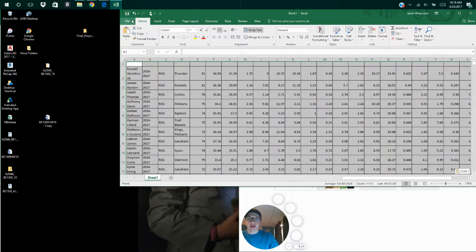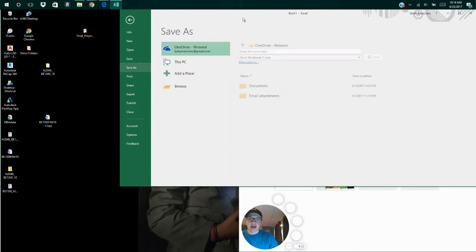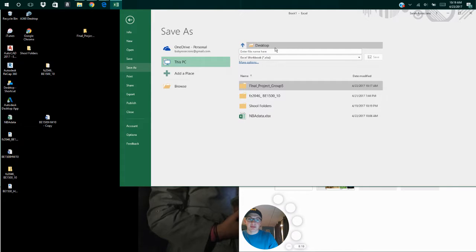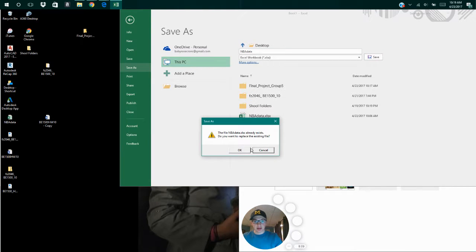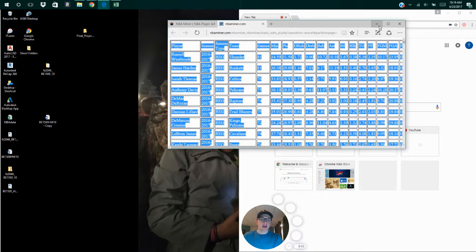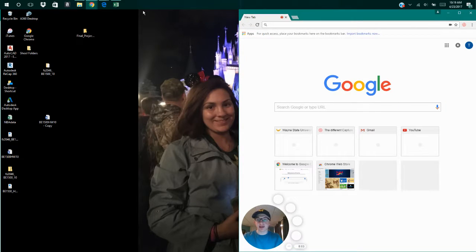Now, once you've done this, go to your files, Save As, with This PC, and make sure it's set to Desktop. Type in capital MBA and then lowercase data, and save that to your desktop. I already have one, so I'm just going to replace it, and then we can minimize this and this. All right, now that we've gotten that done, we will go to wherever the project 5 is